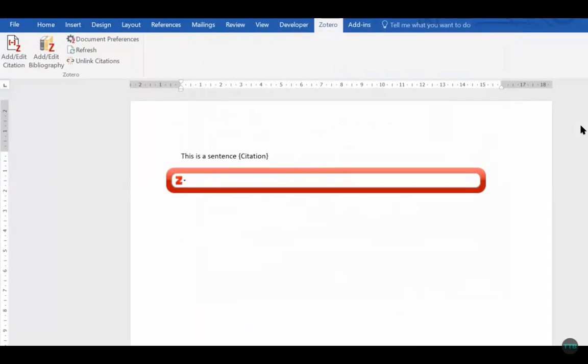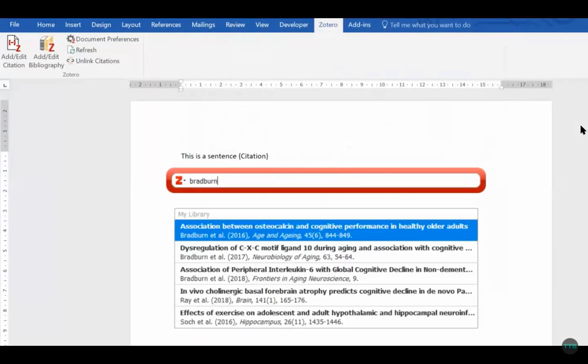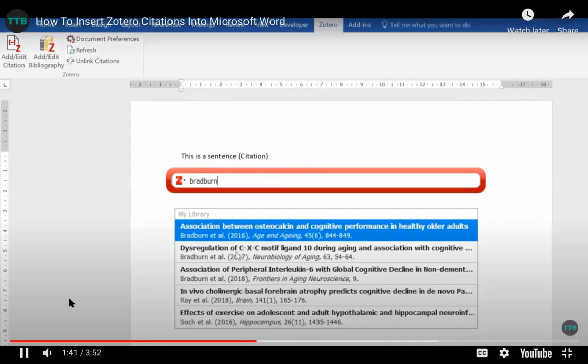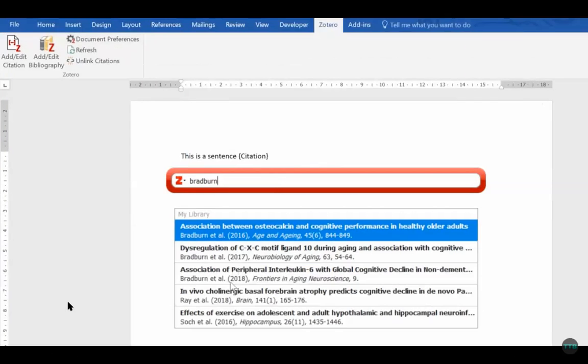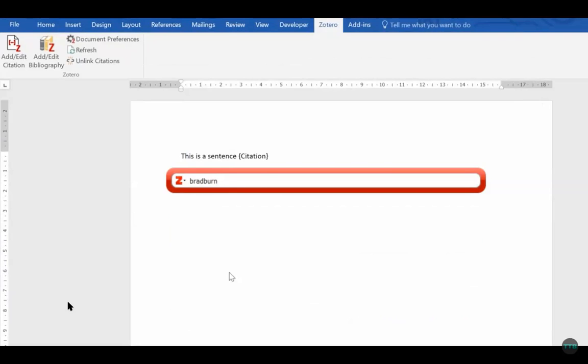So what I'm going to do is just give you an example. Search for one of my own papers. As soon as you type in real time, the results will appear underneath from your library. And simply add a citation, you just click one of these. You can search the name, the author, the year. Simply I'll add this one.